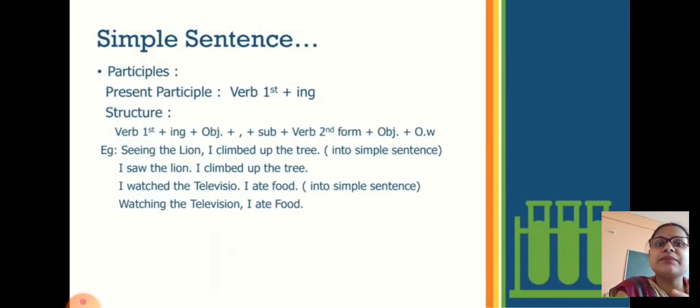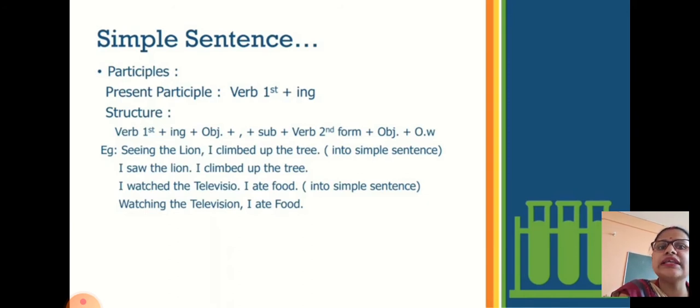When you talk about simple sentences, students, it means where only two sentences are there, or the same kind of noun is used twice in a sentence. You simply have to use only one. For example, if we talk about the present participle, in this simple sentence you always follow verb plus ing with the object, comma. There must be a subject and your verb's second form, also followed by the object. For example, if you can see the sentence, don't look at the example, the EG, that is already solved. First, let's see the question.